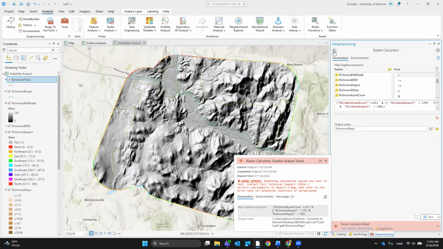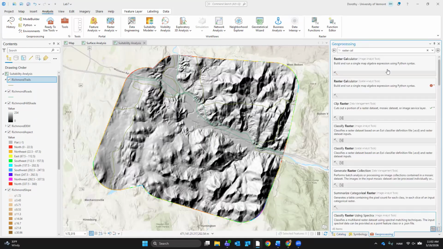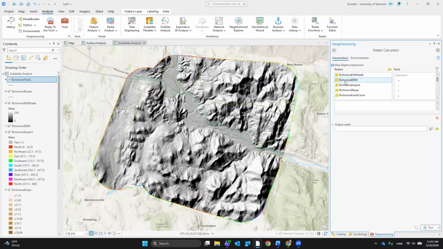Okay, I close the tool. Yes, I know this is annoying. And I open the tool back up. Make sure you open the right one. And I start over. Yep, I know it's obnoxious, but it is what it is.